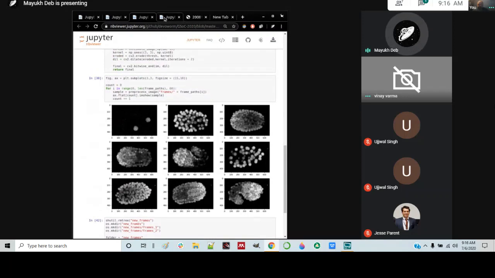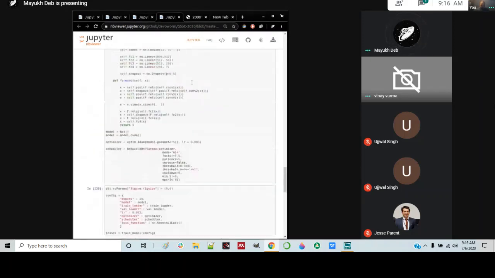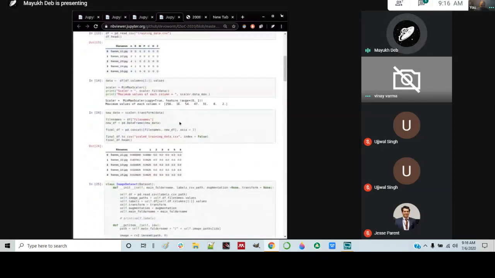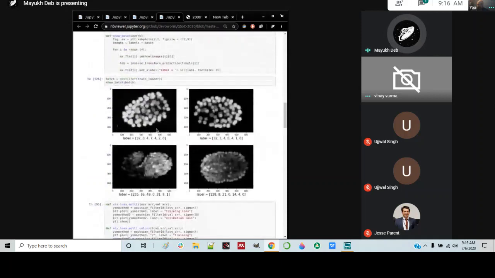After that, I trained a deep learning model on it. The data is as follows: this picture, and the label is like 3204, and all of these values are the populations of each cell lineage for that given photo. You can see in different photos there are different populations, and most of the time what I've noticed is that